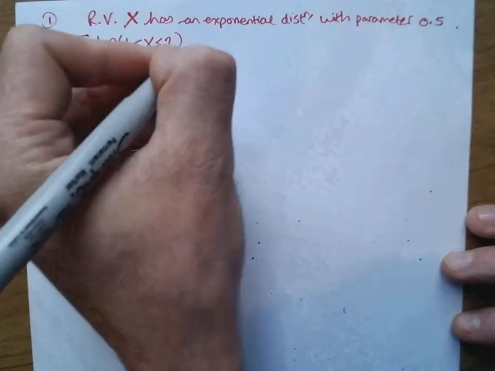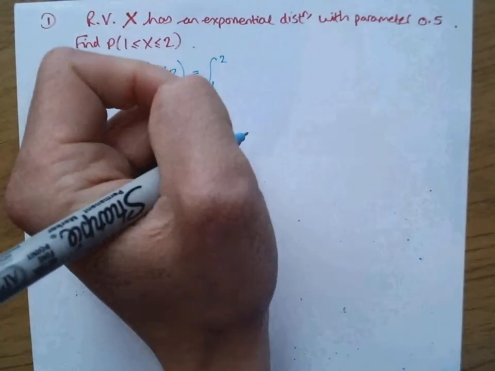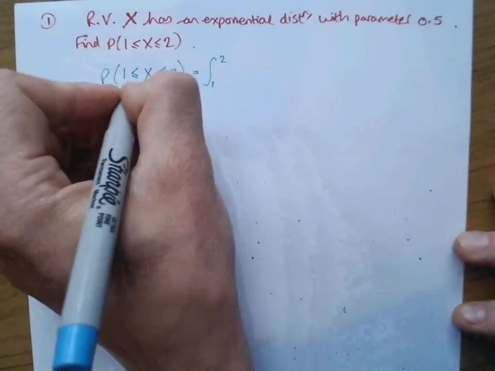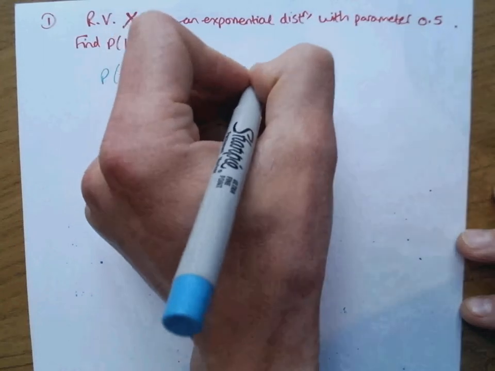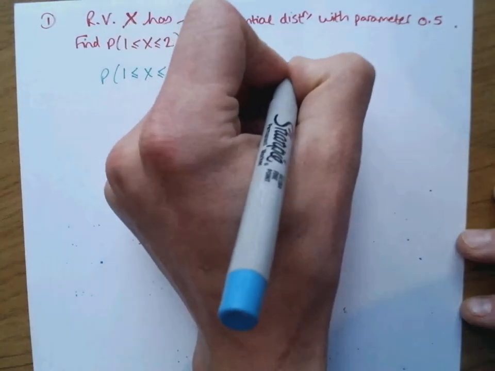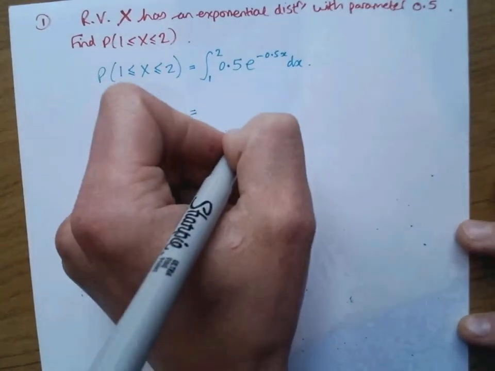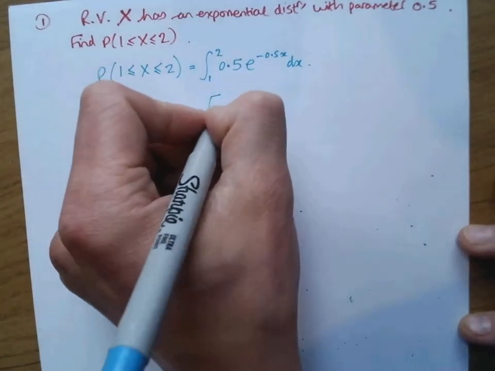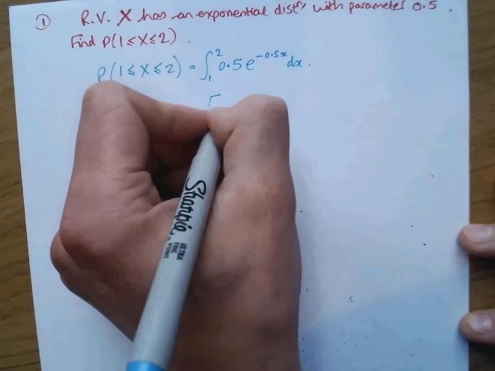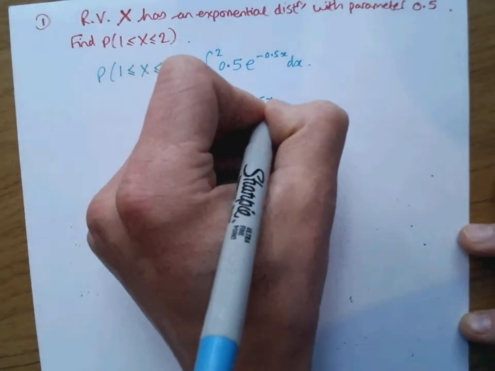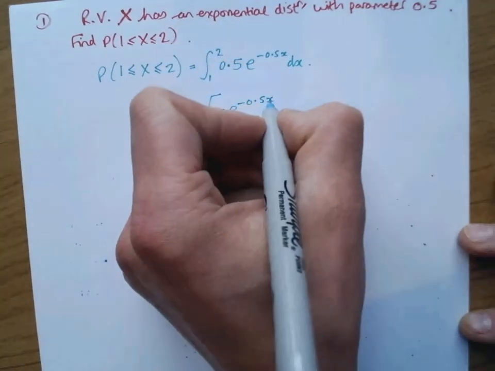Okay, and like I've said, there are so many ways that we could actually look at doing this. Here's just one possible way. We could just say, okay, I understand about continuous distributions, so the probability of it lying between 1 and 2 means I can just integrate the PDF, which is lambda e to the negative lambda x, since x is our variable. And if they wanted you to show that, then we could integrate it and see